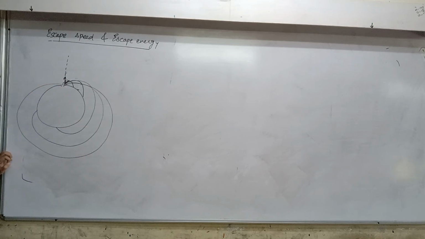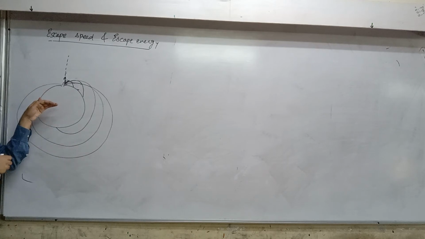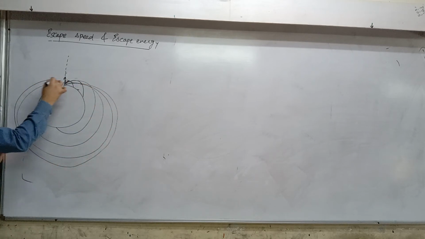Yeah, this is real. Okay, possible chapter. If you throw it at the exact speed, it will fall exactly where you launched it, because the Earth will attract it and bring it back. What if you throw even faster? Then it will start circling around the Earth. Make sense?